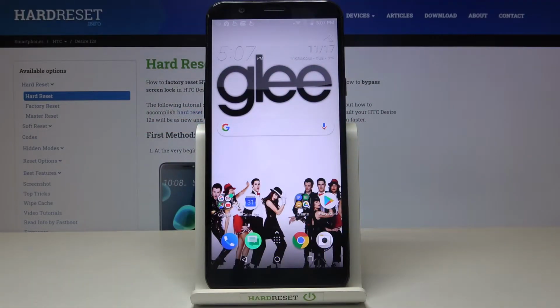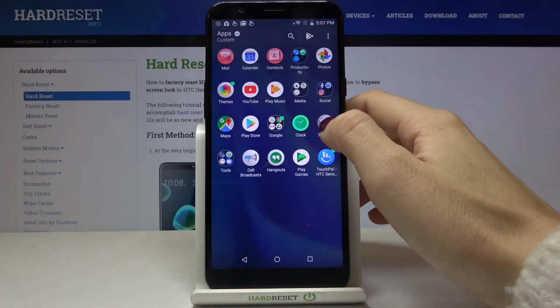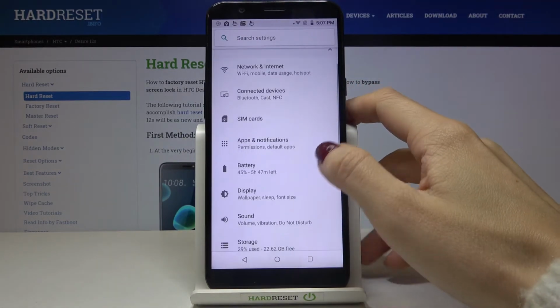In front of me is HTC Desire 12S, and let me show you how to activate installation of apps from unknown sources on the following device. So first of all, you need to reach the settings, then find and select